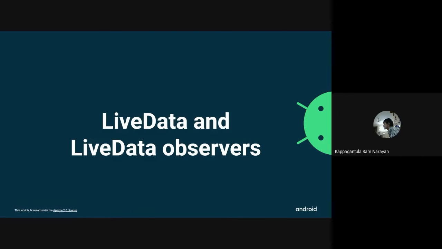Yeah, live data and live data observers. So I mentioned your software design patterns, right? I told you about decorators, iterators, observers, right? Now, live data and live data observers is the Android implementation of the observer pattern. Your observer pattern is a very cool pattern that you will use when data is changing dynamically.